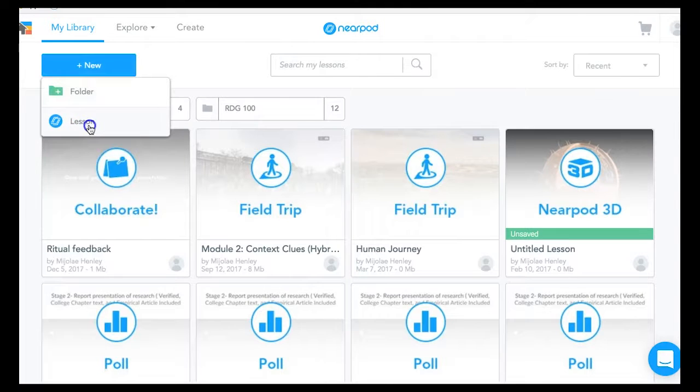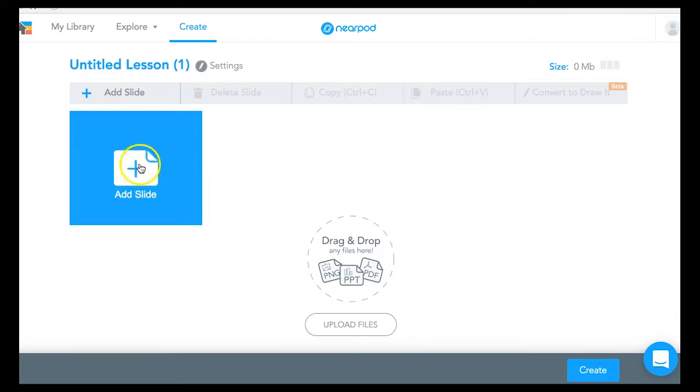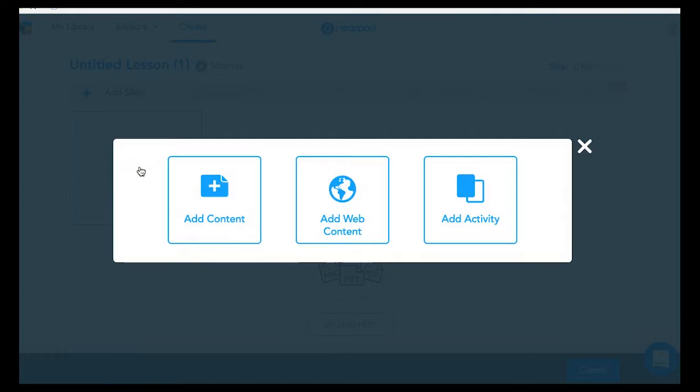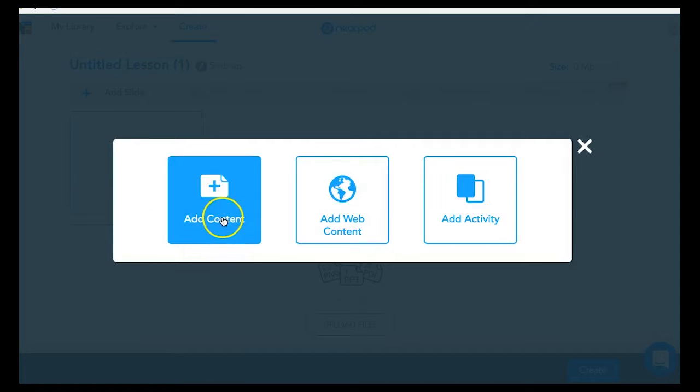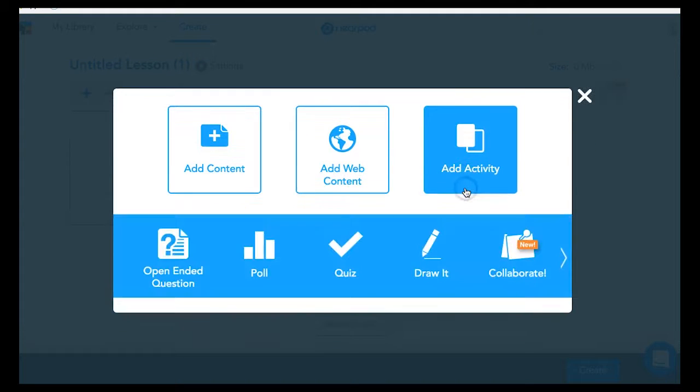What I mean by dropping your lessons is if you've created them in PowerPoint or in some other program, you can drag and drop your files and drop the lessons here so that you can add interactive pieces into your already created PowerPoint. So you can add content, add web content, or add an activity. For the purpose of this, since we're talking about assessment, I'm going to just focus on the